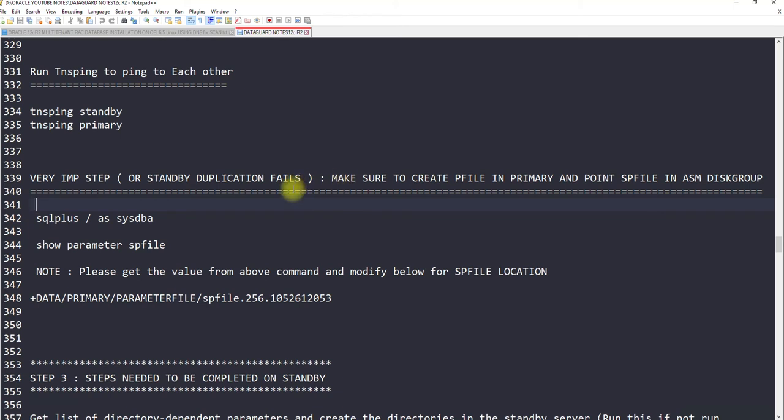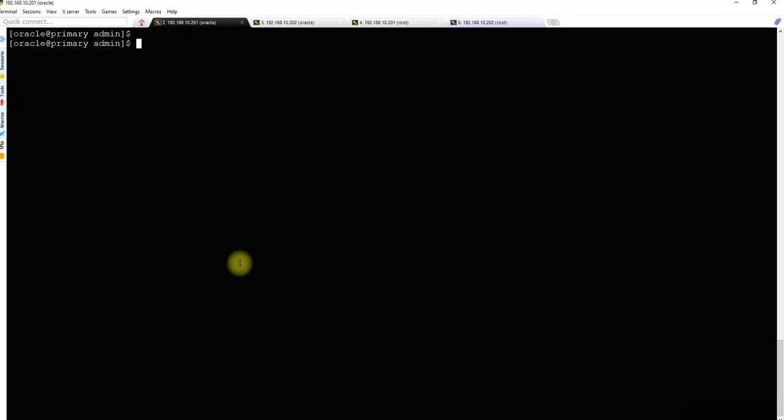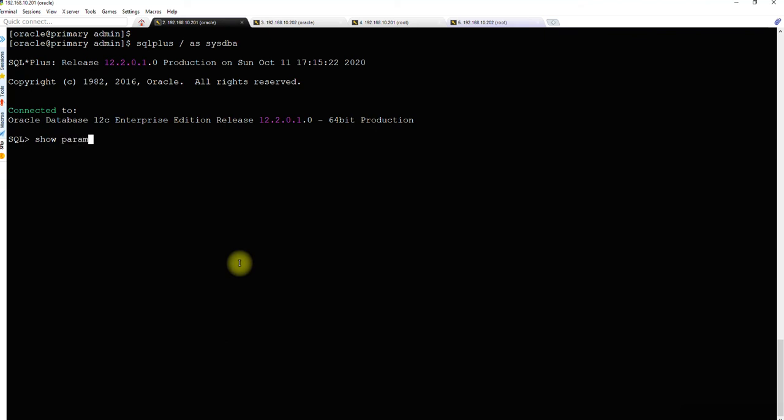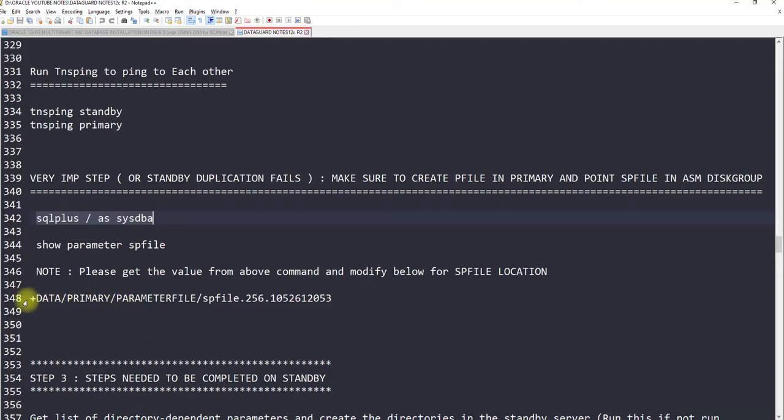To do this, log in to the primary database first. SQL*Plus / as sysdba, show parameter spfile. So it is located here. Let's copy it here and make a note.